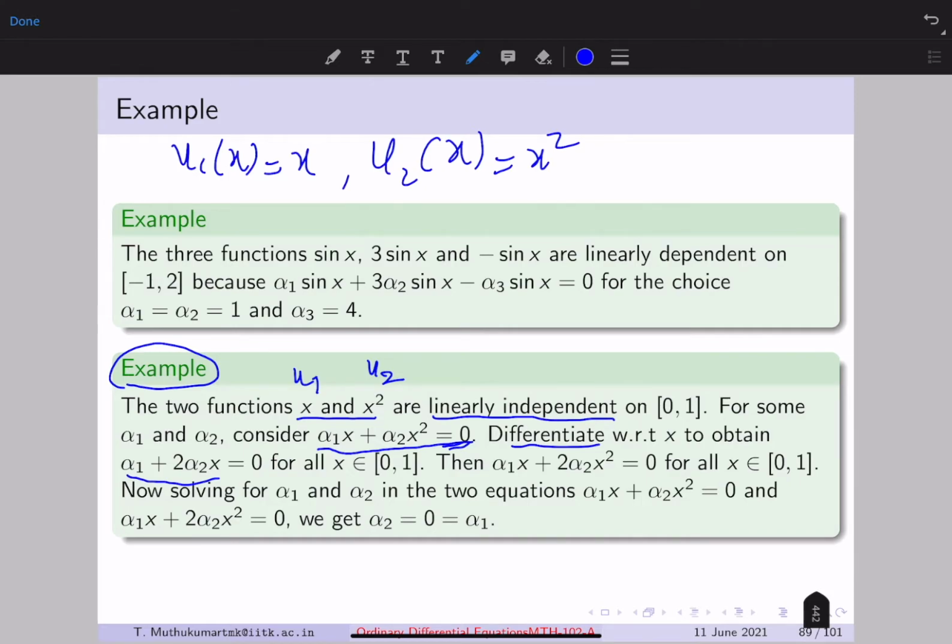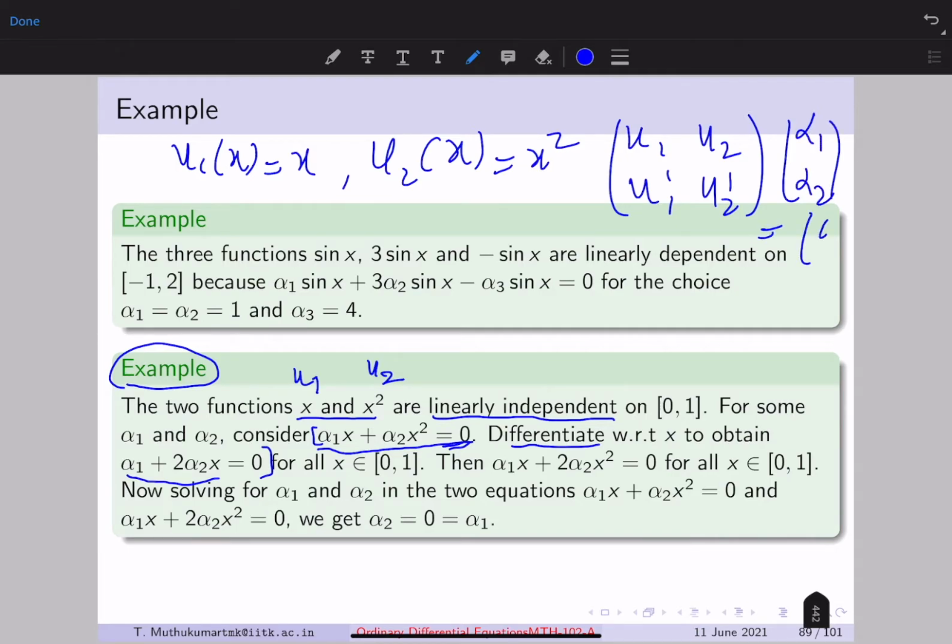So if you think of these two equations, what you have is the matrix with u1, u2, u1 prime, u2 prime, times alpha 1, alpha 2, equal to 0, 0. That's the system of equations that you had. Then you manipulated the second equation, solved for alpha 1, alpha 2, and finally showed that